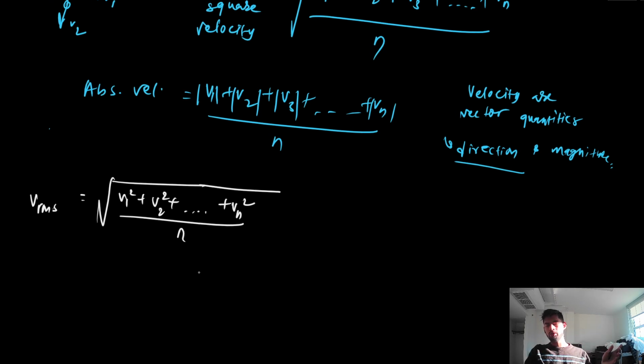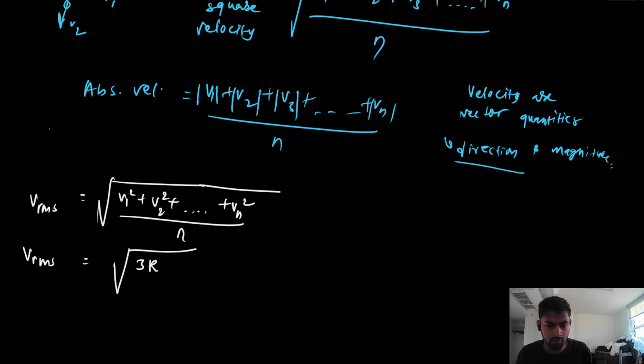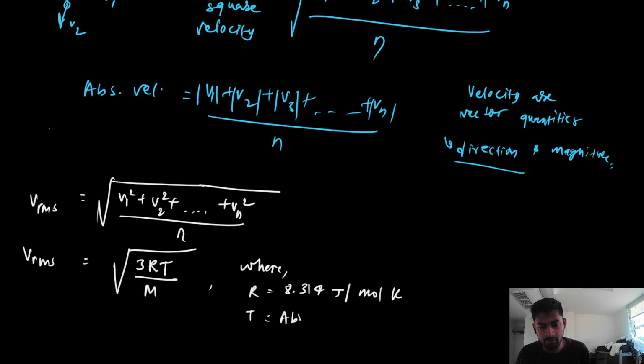The formula for root mean squared velocity is the square root of 3RT by M, where R is 8.314 joule per mole Kelvin, T is absolute temperature,